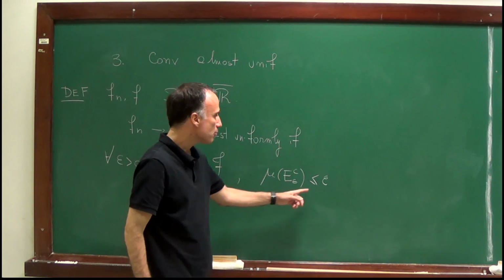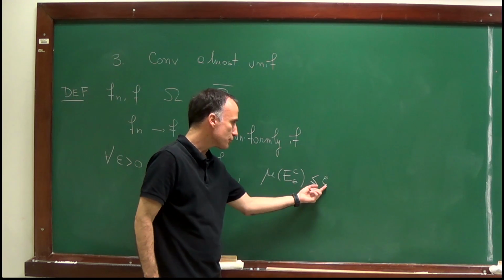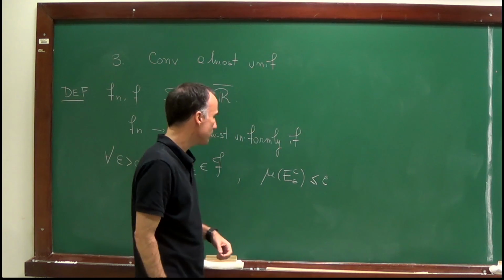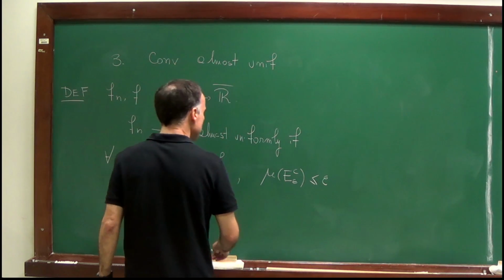So now I'm not requiring anymore the set to have measure 0, but I'm asking it to have measure bounded by epsilon, and